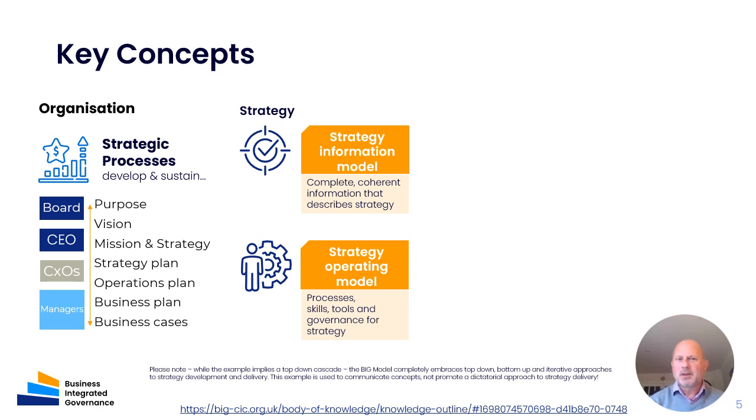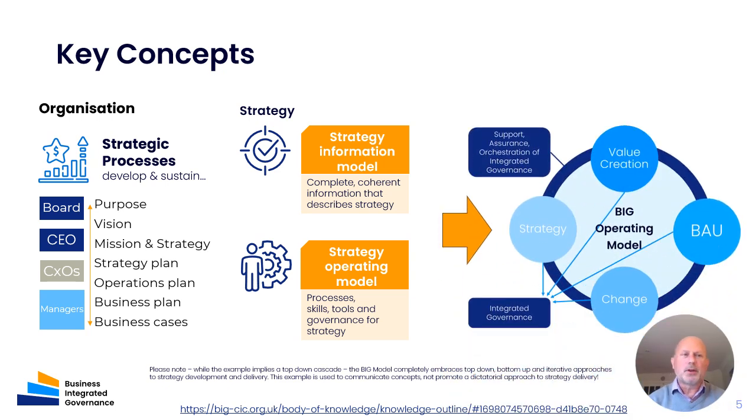So we need the key concepts. Number one, a strategic process with a strategy information model backbone through the organisation, and an operating model for strategy that keeps it fresh and aligned. Once we have those two things running, we can then cascade our strategy through our organisation and keep it aligned through our integrated operating model, our BIG operating model, where we ensure that through integrated governance